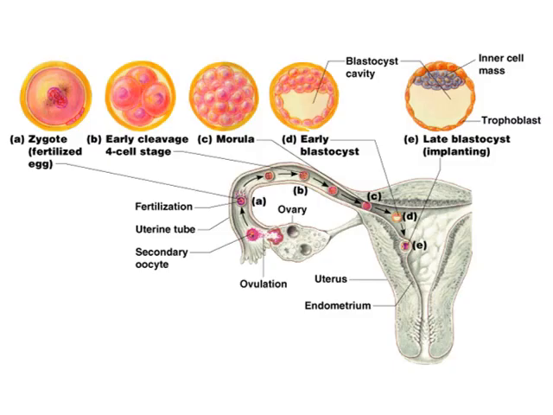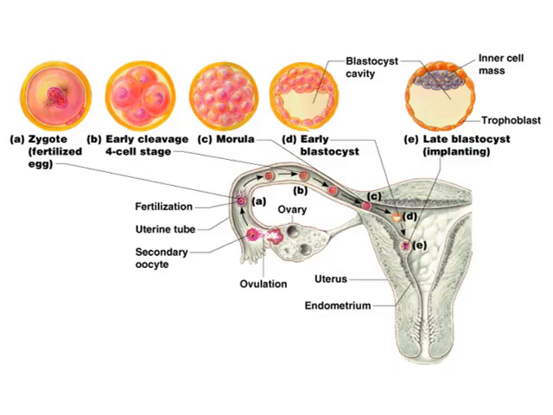Then you have D, that is an early blastocyst. And you can see blastocysts actually by comparison have this cavity or hollow in the middle of them. And that hollow is important. We'll talk about it in a second here. But there you have an early blastocyst. And then at E, the early blastocyst has turned into a late one. And that form that you see there is the state it's in when it implants into the endometrium, that inner